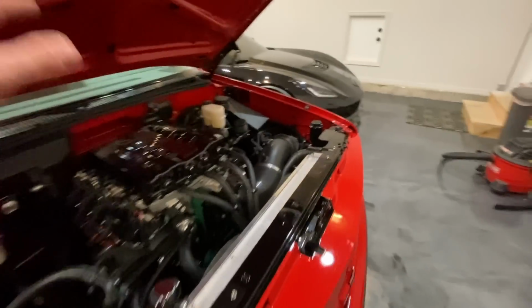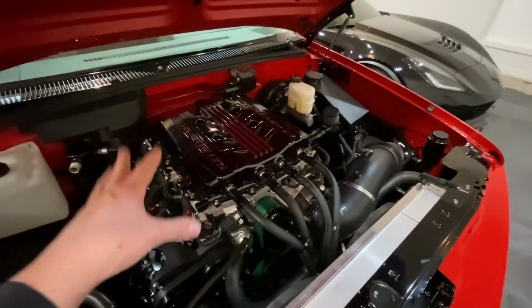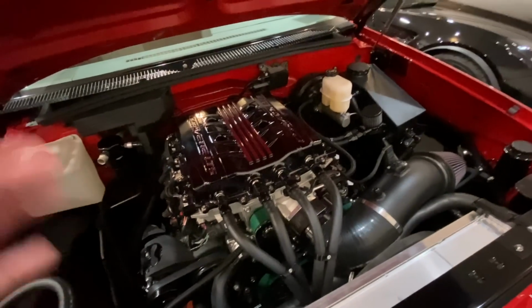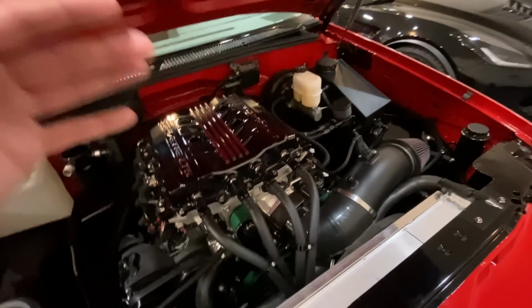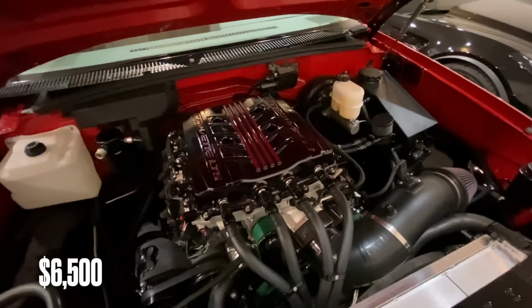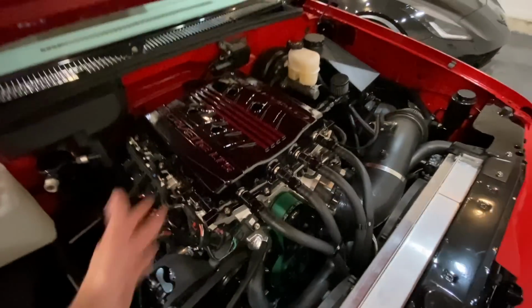So an LT5 is going to run you about double what an LT4 does. An LT5 right now is going to run you about $30,000. And then the wiring harness is a lot more expensive. You're looking at $6,500 for the SpearTech LT5 10-speed combo wiring harness, because the LT5 actually utilizes port and DI